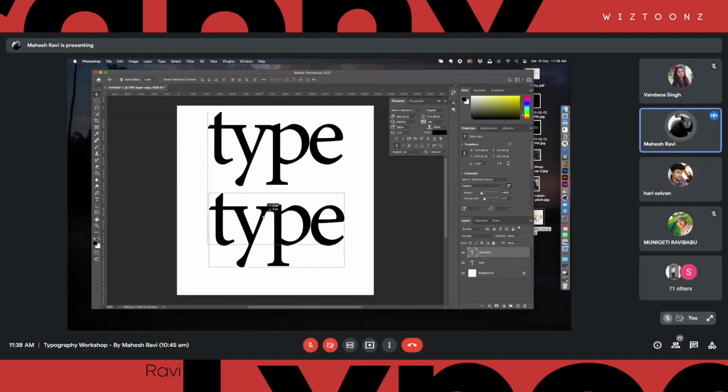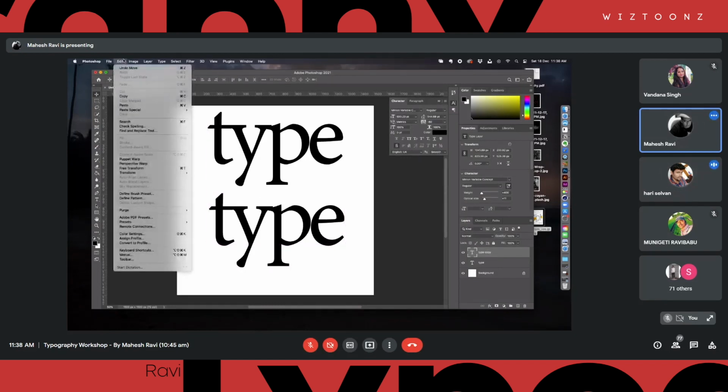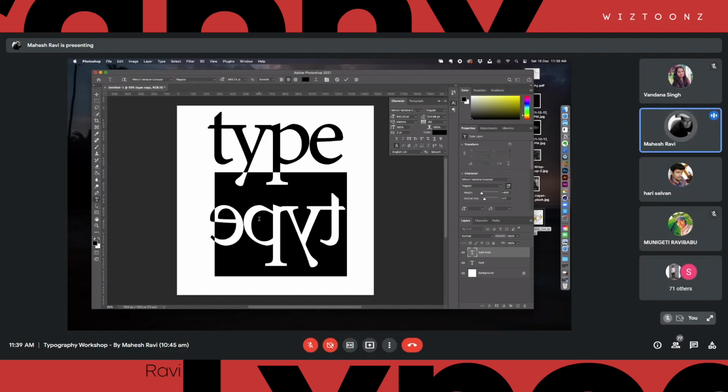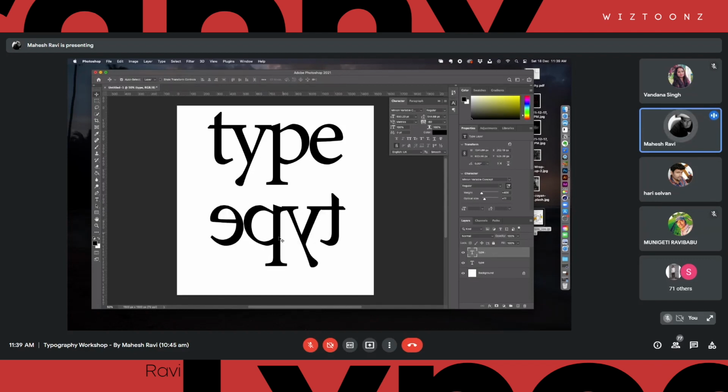One of the easiest things that you can do while studying typography is go to Edit, Transform, and Flip Horizontal. Right now you are seeing your typeface like this. This is something that a lot of type designers and typography artists do. Why? Because you're not reading the content anymore, you're just looking at the shape of it.